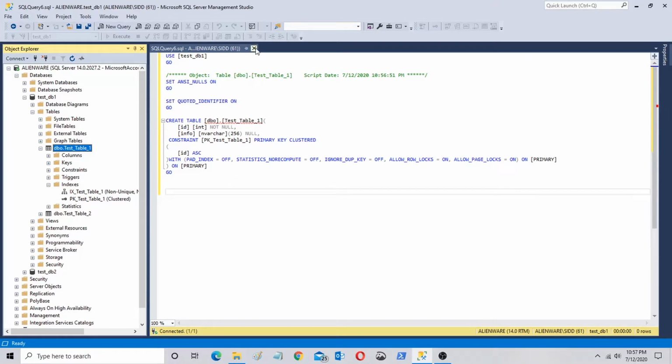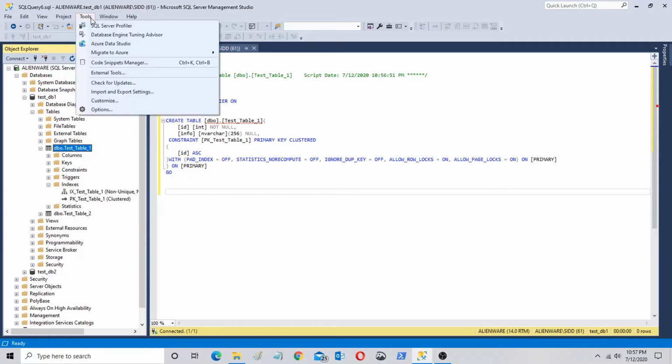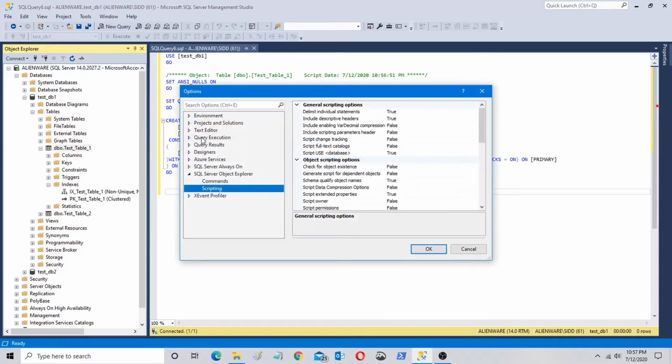First, you can configure your SSMS to generate or include these objects. What you have to do is go to tools, go to options, and here you will see an option which says SQL Server Object Explorer, and here you have the option for scripting. When you click on it, you will see all the options. So these are what has been set as true. These will be included when you generate a script for an object.